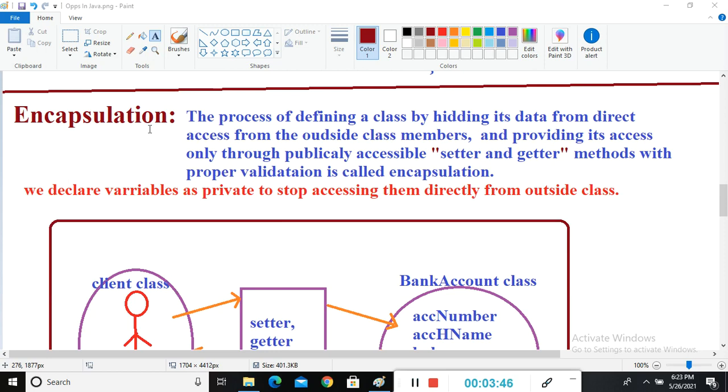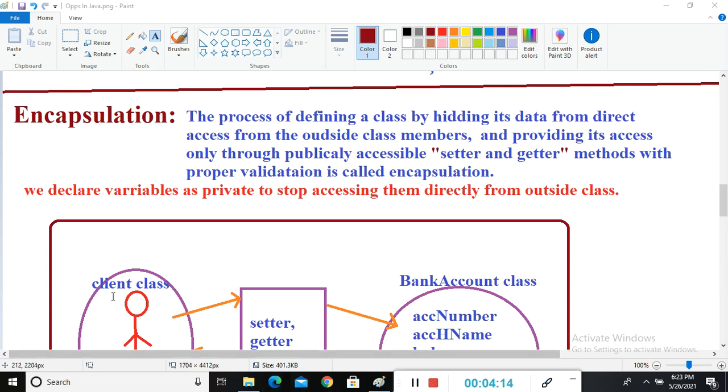So now we have encapsulation. Actually, to give security to our project data, we use encapsulation in our project. So here is the encapsulation definition. The process of defining a class by hiding its data from direct access by outside class members, and providing access only through publicly accessible getter and setter methods with proper validation, is called encapsulation.